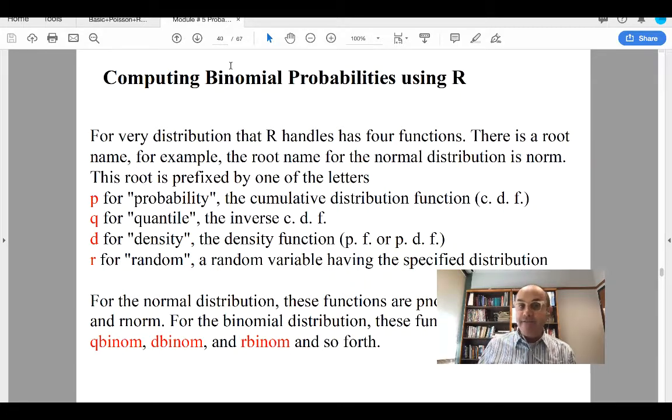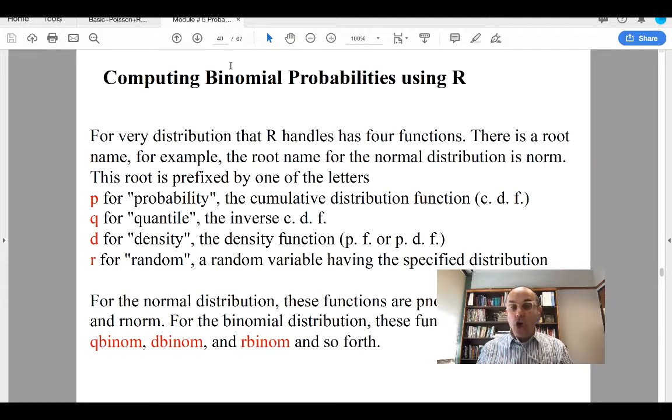For every distribution, R has 4 functions. It has a root name. For example, the root name of the normal distribution is norm. The root is prefixed by one of the letters: P is for probability or distribution function, Q is for quantile, D is for density, the density function, and R is for random. So for the normal distribution, those functions are called pnorm, qnorm, or dnorm, and